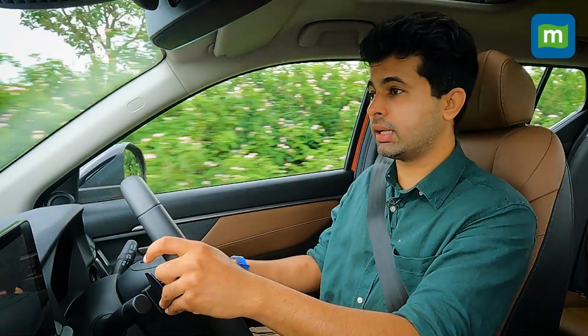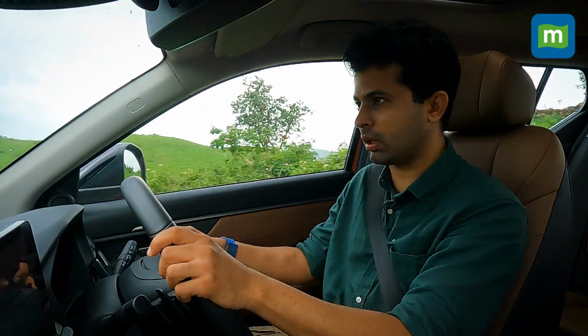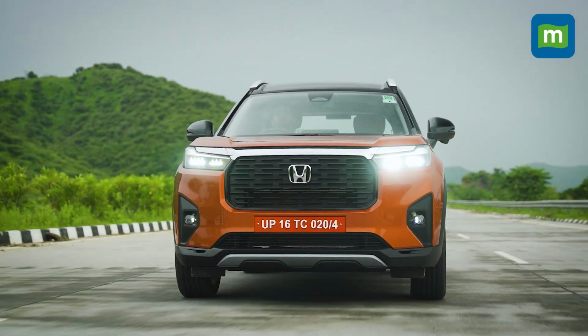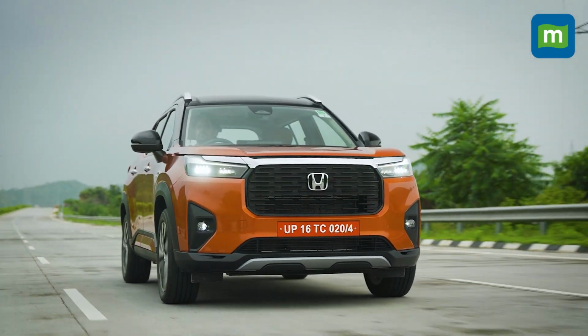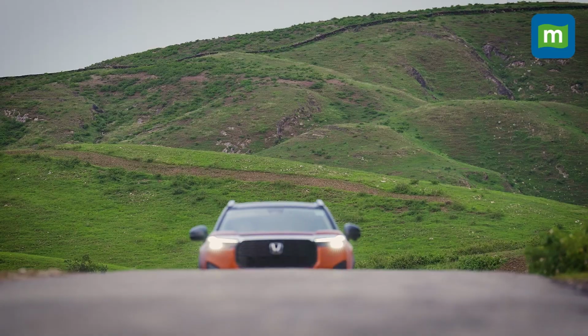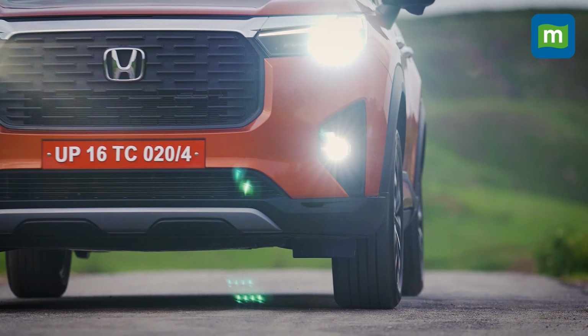Now, the uphill battle for Honda, of course, is that the competition has surged ahead in the years that Honda missed out on. And so the Elevate really has to nail every possible criteria, every metric to really stand out. And to do that, Honda claims to have differentiated this from the City by making a few tweaks. Starting with the CVT, which they say has a step-up shift feature, which makes it a little more responsive on